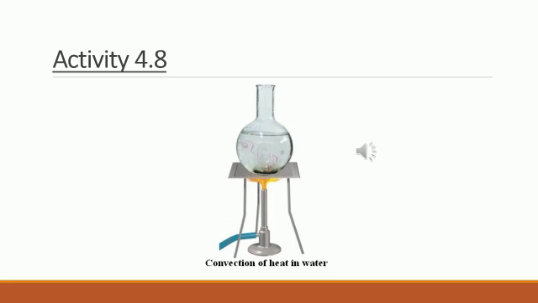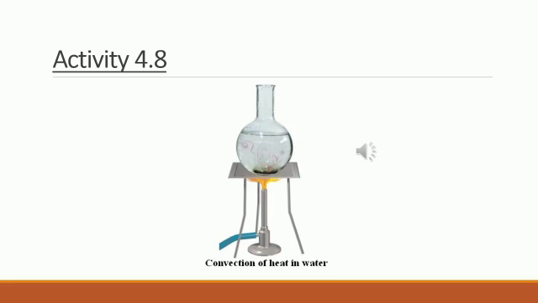Place it on a tripod or make some arrangement to place the flask in such a way that you can heat it by placing a candle below it. There should be a space for a burner, Bunsen burner, spirit lamp or candle to be placed. This is the arrangement, you can set up this experiment like this. You need to place a crystal of potassium permanganate at the bottom of the flask using a straw. You can see the bottom of the flask consists of crystals of potassium permanganate.